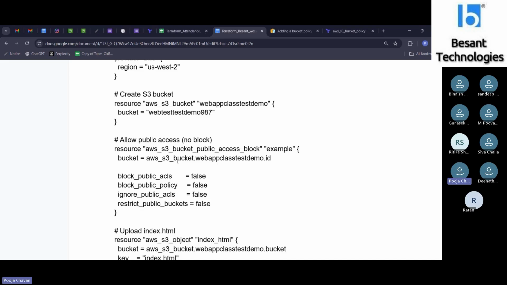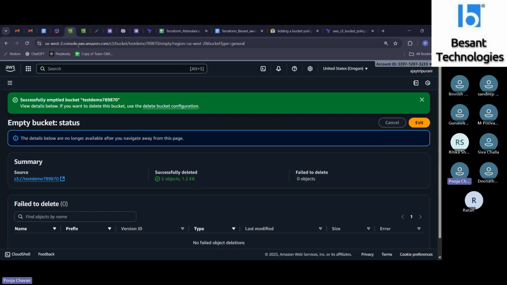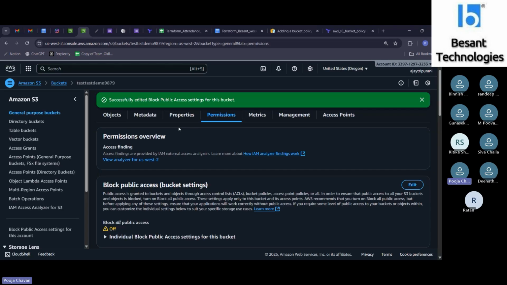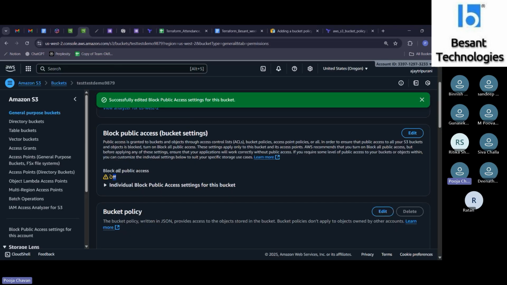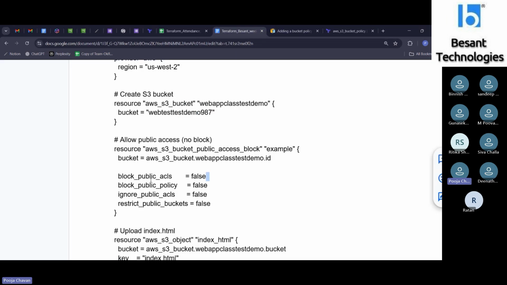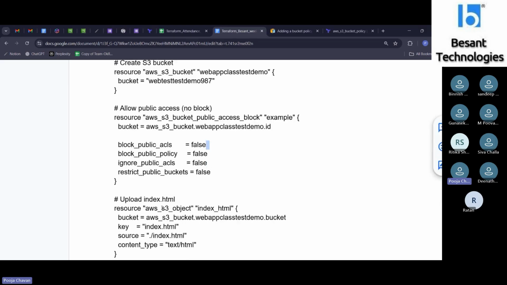Here we are saying if it is true, it means everything, public block ACL true, means you are blocking the file. What you are blocking, till now we saw it here, right? Permission you are blocking. If it is true, then you're blocking. If it is false, then you're not blocking it. That's what this Terraform file says. So I have changed from true to false, all false. Then later what I did,